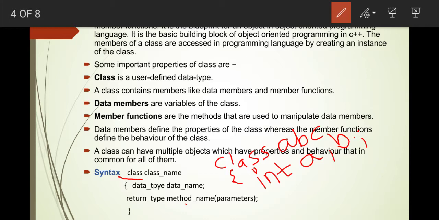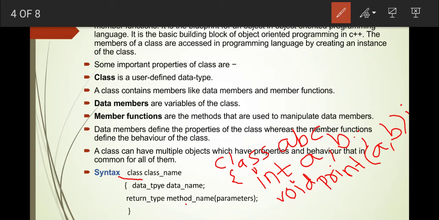Understand? Now member functions are nothing but methods that are used to manipulate the data members. A member function is a function that you are going to use in your class. See the syntax: return type, method name. For example, suppose I have a function void print, and I print a, b semicolon. So whatever values of a and b I am going to print, I use the function void print.